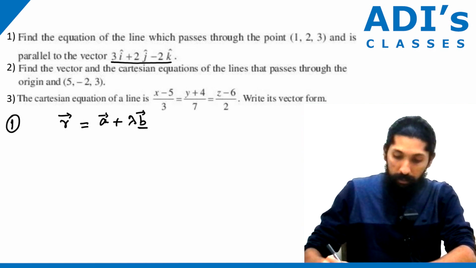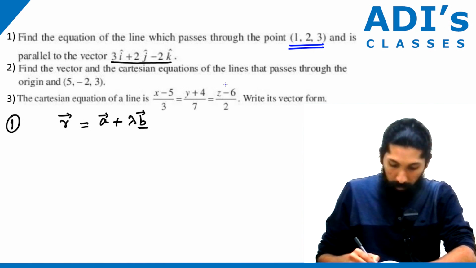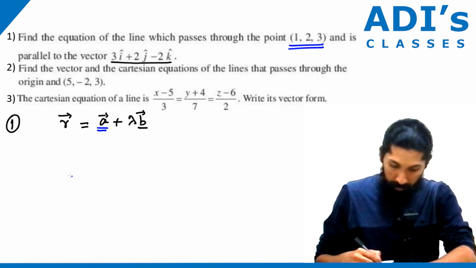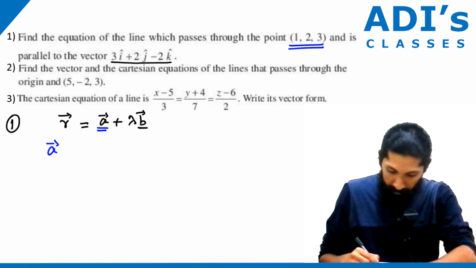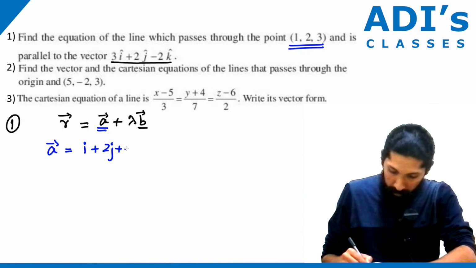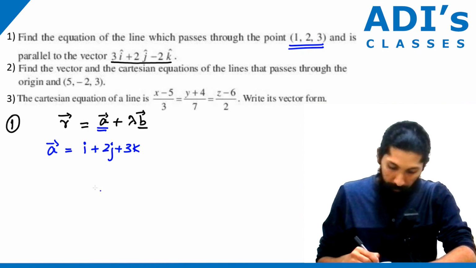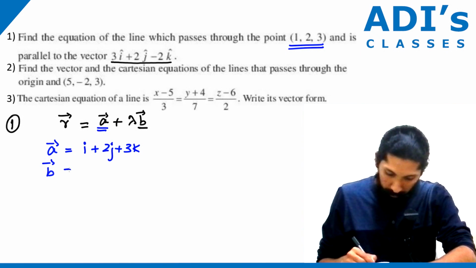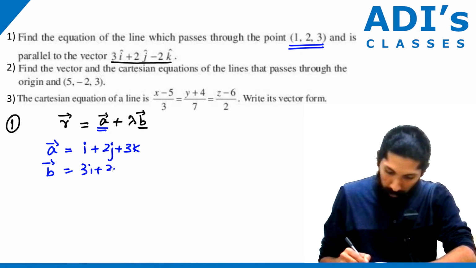And the value of a is given by (1, 2, 3), so in vector sense a is i plus 2j plus 3k and vector b is going to be 3i plus 2j